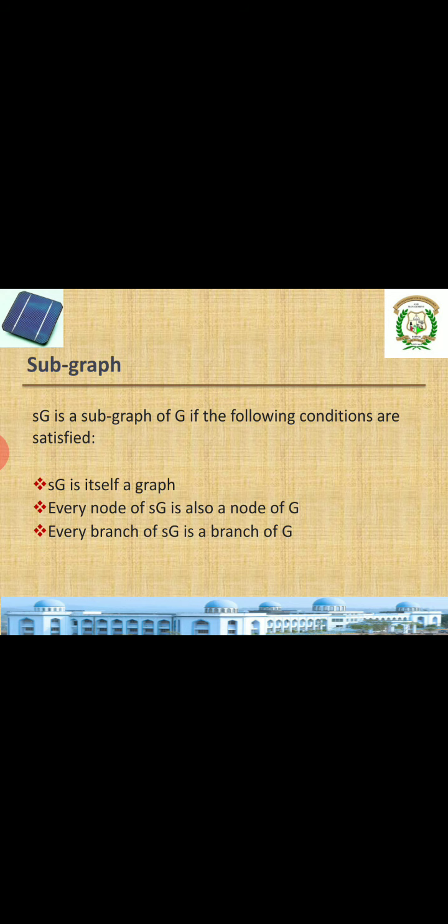What is a subgraph? SG is a subgraph of G. See, G is a graph, whichever we have seen in the previous diagrams. So SG is a subgraph of the particular G where these conditions are to be satisfied. The first one is that SG is itself a graph. A subgraph is itself a graph, and every node of SG is also a node of the graph. Meaning every node of the subgraph is also a node of the main graph,